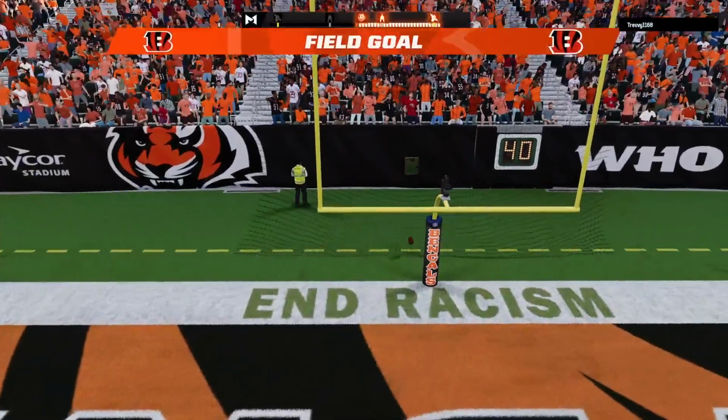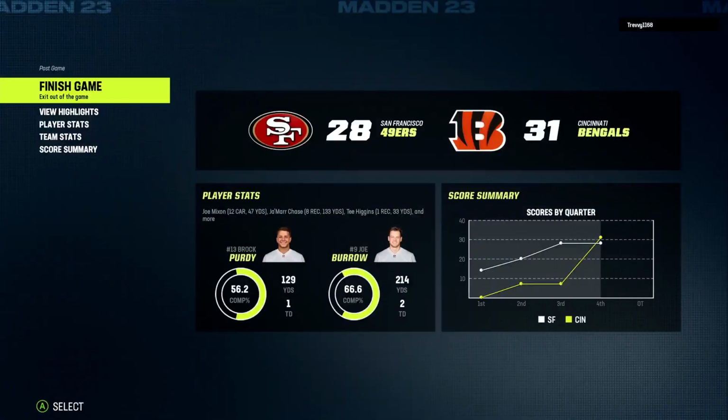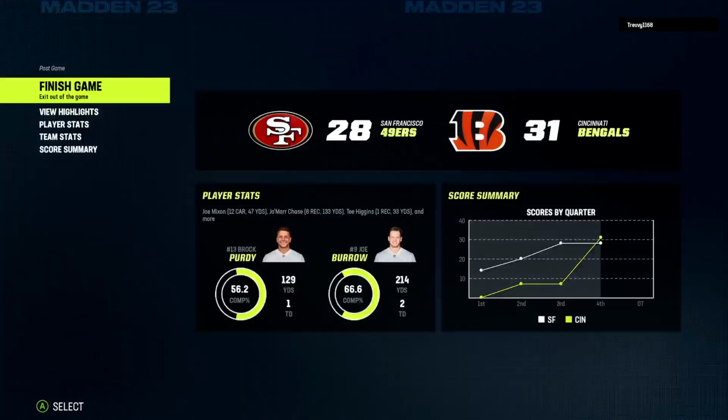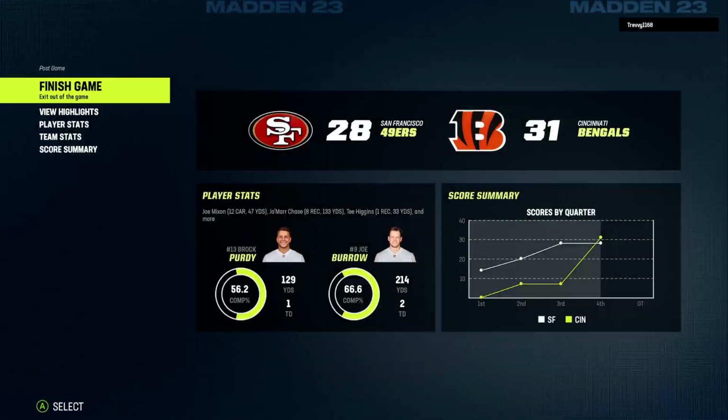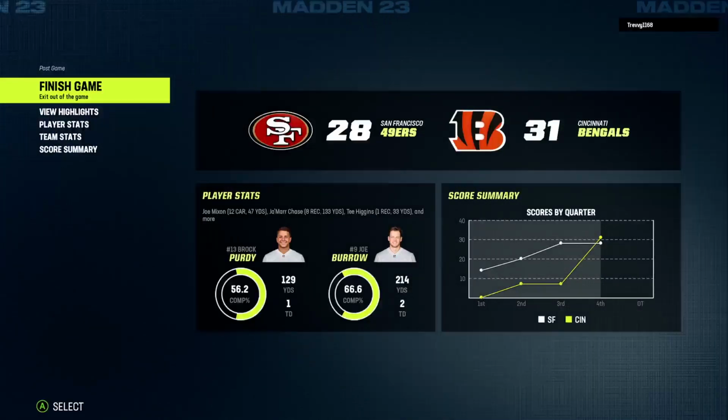And it is good. He splits the uprights on the chip shot. And the Bengals are going to get out of here with a W. That was an excellent come-from-behind victory, Charles, especially there in the